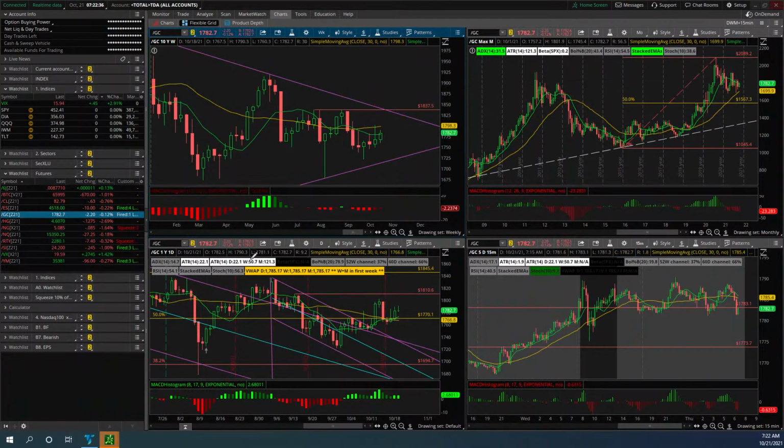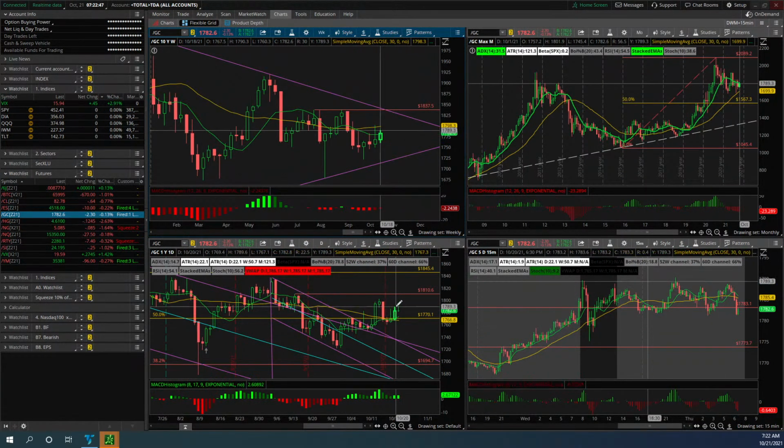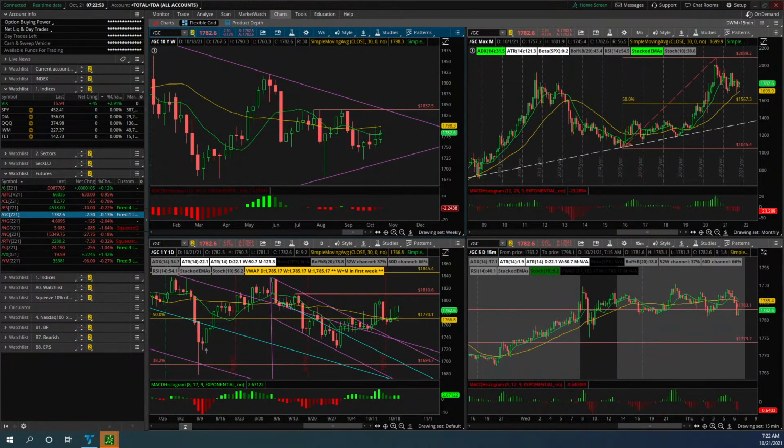So we were here, gold looked toppy in the daily. I don't like this that much. It looks like it's leaving a tail and moving back to the downside. So maybe a little bit of a bearish signal right here.